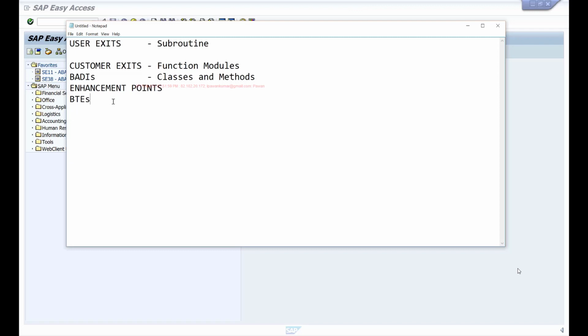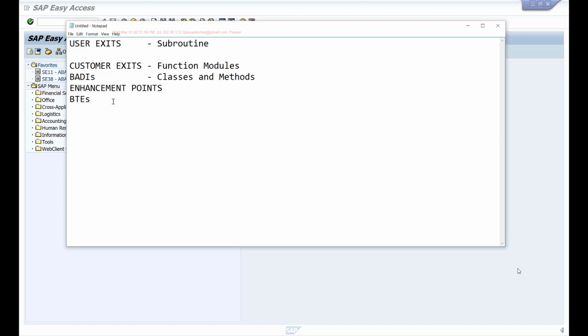So for example, if you want to validate the item quantity when a sales order is being created, then you should have an enhancement that is called before the sales document is saved and after the user inputs the item quantity. And when this enhancement is called, it should be passing that item quantity into your enhancement. Only then can you validate that item quantity and accordingly implement certain behavior, right? So keep these two things in mind whenever you are working on enhancements and searching for them: when exactly in the program flow the enhancement is called, and what data is available within that enhancement.